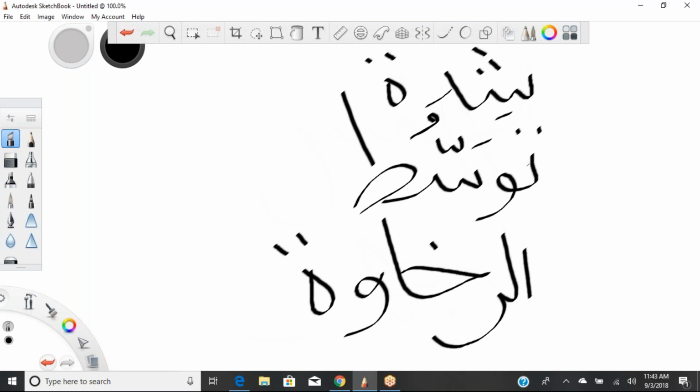The alif lam is not necessary. Shidda, Tawassut, Rakhawa. Shidda, these are 8 letters. The sound is suppressed in these 8 letters. There's no sound. The 8 letters are Ajidda Qatin Bakat. These letters, the sound stops.